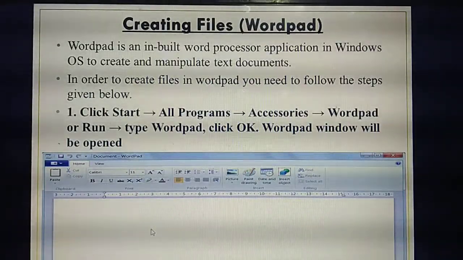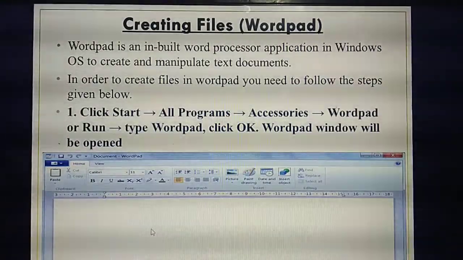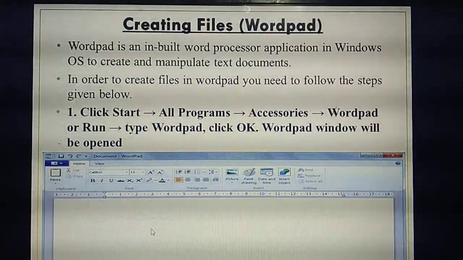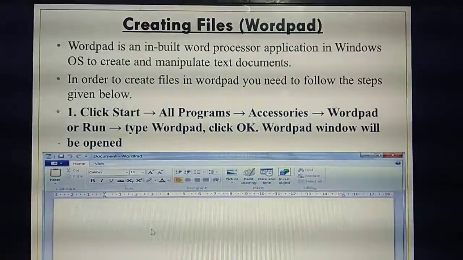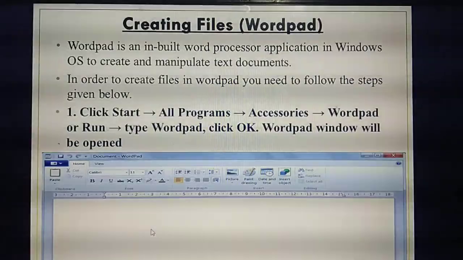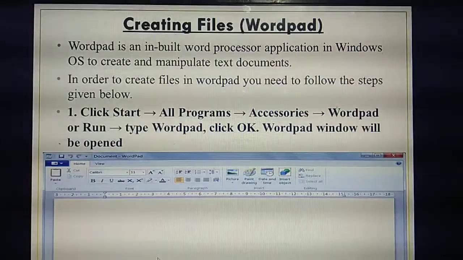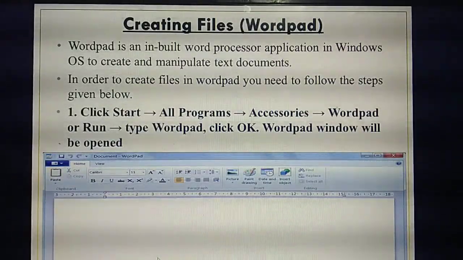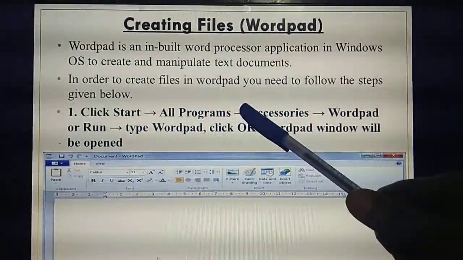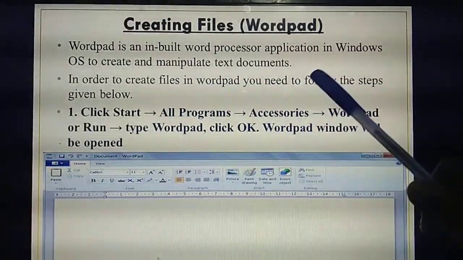So how are you going to open this Word file? Already I said, isn't it? From where you need to open the application, likewise, from where you need to open this Word file. Same method only. If you need to open any application, where do you need to click first? Click the Start button. First you need to click the Start button. Then select All Programs. Till now only you have studied. Then from All Programs, you need to click what? Accessories.